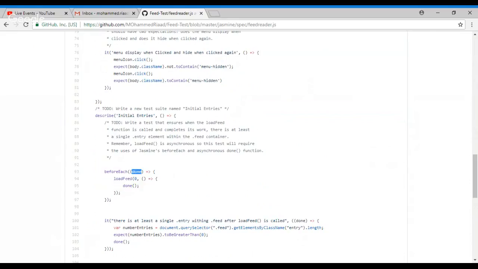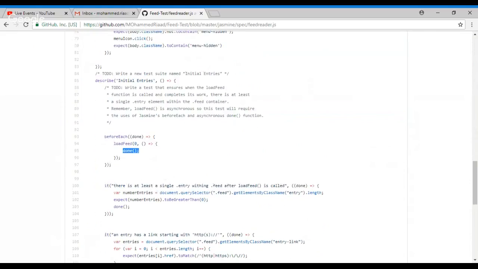So when the load feed starts with 0, this means the load feed has been started, and I am passing done. This means the load feed has finished working, and now I'm going to test this feed after the done has finished. So I am going to test the number of entries by using document.querySelector('.feed') and get beside it the entry length. Like this, I have got everything, and I am passing also the done as an argument